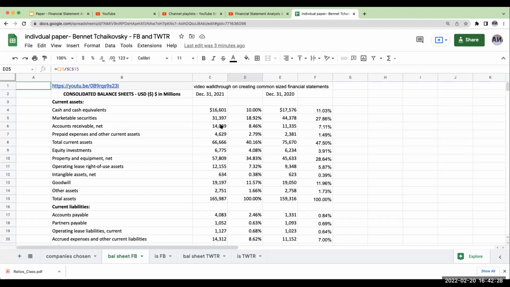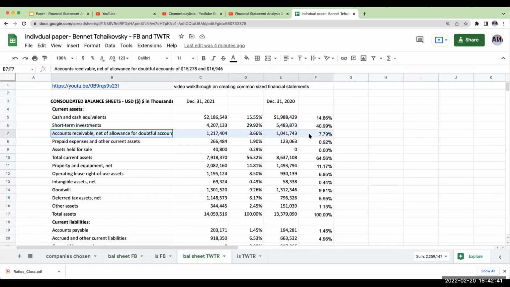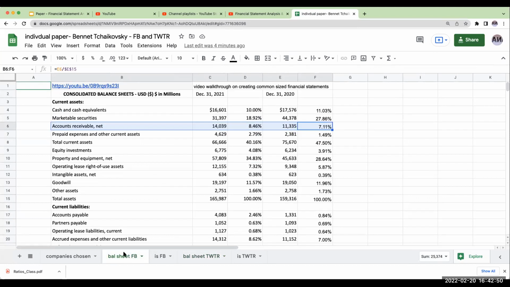With receivables, though, Facebook has accounts receivable of about 14 billion, which is about 8% of their balance sheet. For Twitter, their accounts receivable is almost about the same percentage. Is it really a significant percentage of the overall balance sheet? I would say for these companies, no, because if I'm advertising on Twitter or on Meta Platforms and I don't pay, they're going to pull my stuff off and I'm not going to be able to do business with them again. Both of these companies rely heavily on